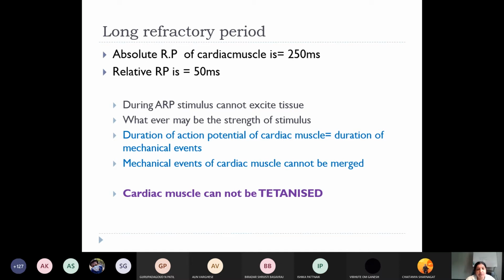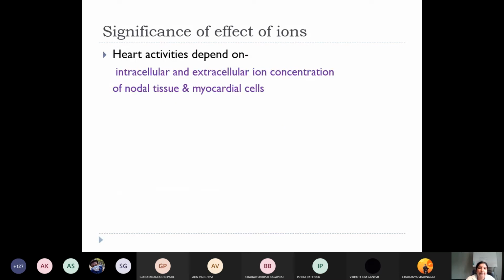Now, if you remember, in skeletal muscle, if you give continuous stimulation, the muscle will go into fatigue easily, right? It gets tetanized and goes into complete contraction, right? But the heart muscle cannot undergo this because of its long refractory period. So remember, if you forget any other properties, okay, but don't forget vagal escape and long refractory period. They are the most unique and potent features of cardiac muscle, right?